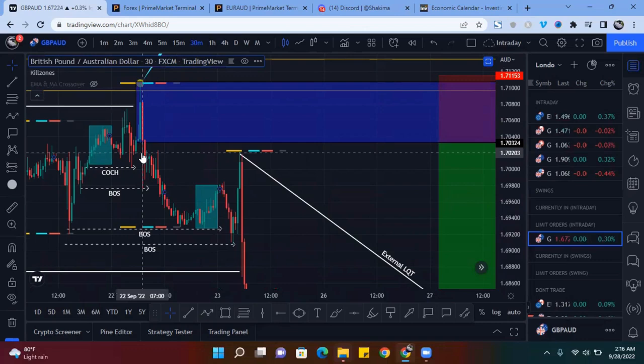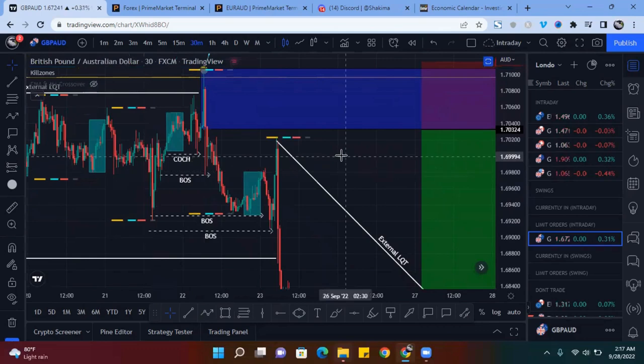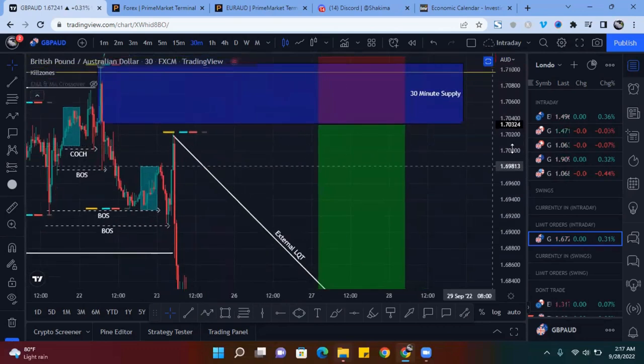In which they're chasing, right? So if they're chasing internal, and then they go up and they chase external, you want them, if you're selling, to be chasing internal again, but you need to confirm that, right? With a change of character, I normally wait for a change of character and a break of structure. The break of structure just confirms that they are indeed chasing the proper liquidity, because you have to think